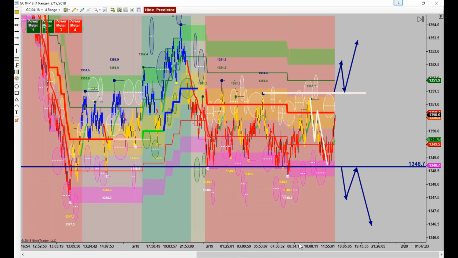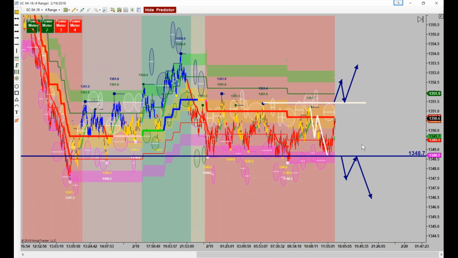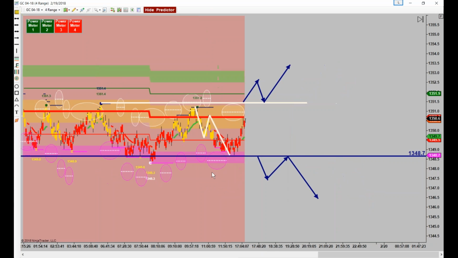Now in the meantime, for those of us that like to scalp at least, I would probably want to do something like this. I would look at this side over here and draw a box, something like that, with bias to the downside. And of course we've got the tools to trade this too, and that's in Object Trader.